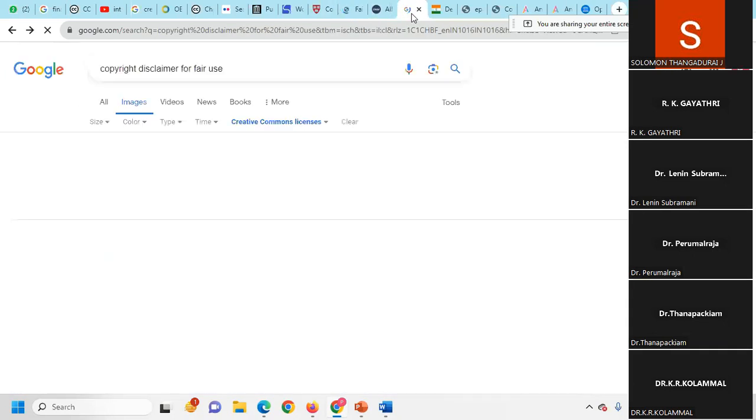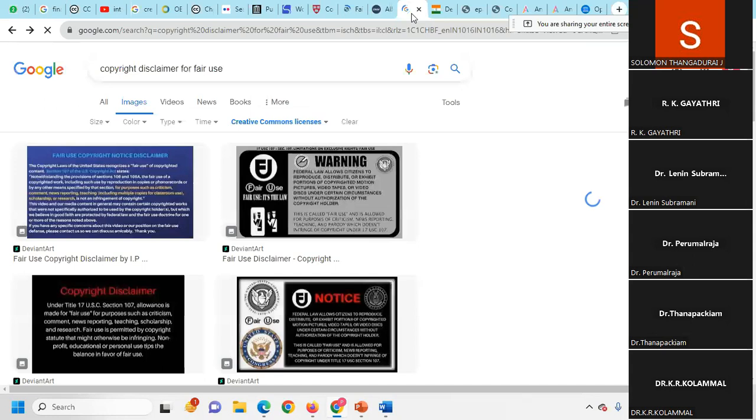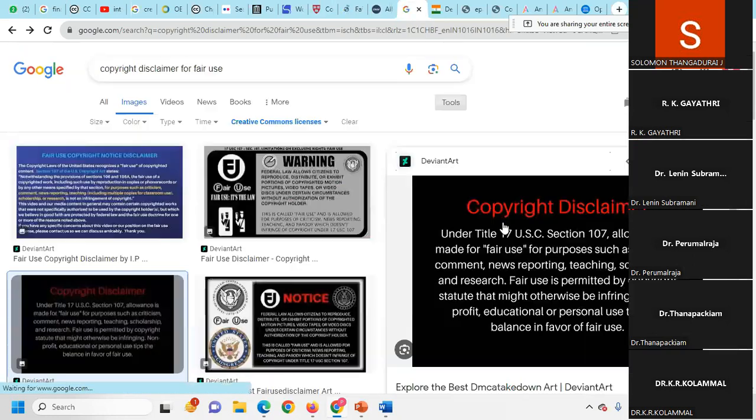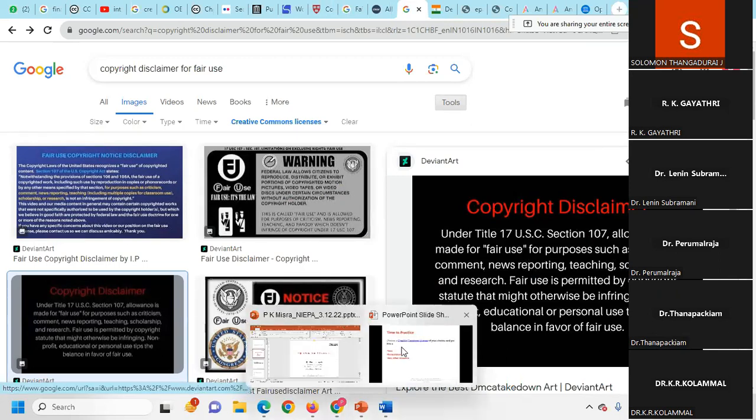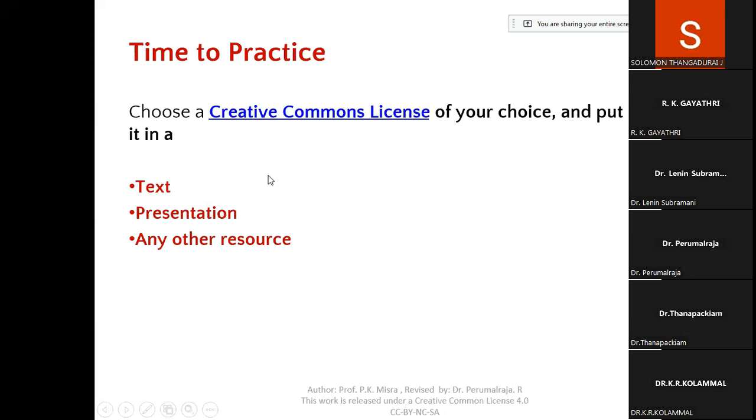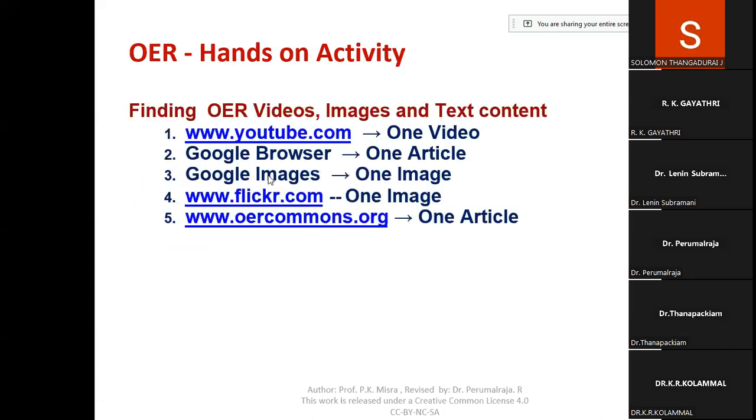This will be called a disclaimer. Most of the time you can see this kind of disclaimer in YouTube videos also. If they are using the content under a fair use policy, they put a note like, I am using this content for fair use policy, or something like that. So I use it to showcase Creative Commons and all, like these are the things.